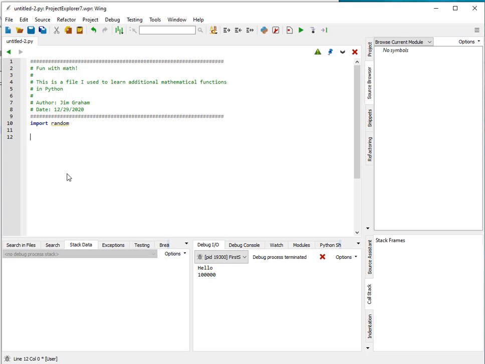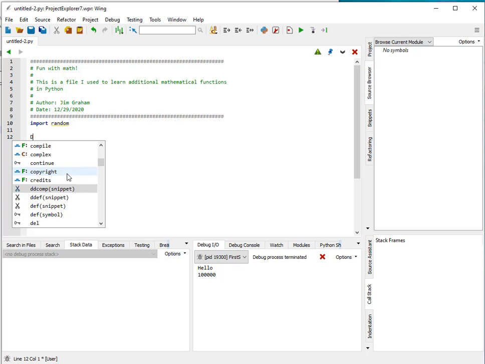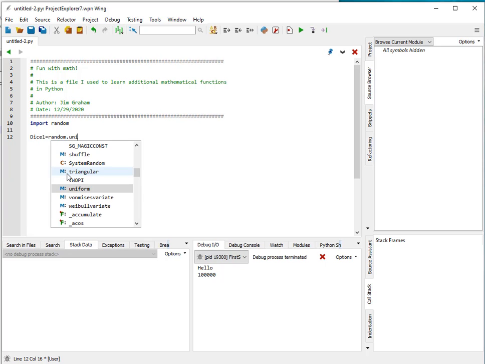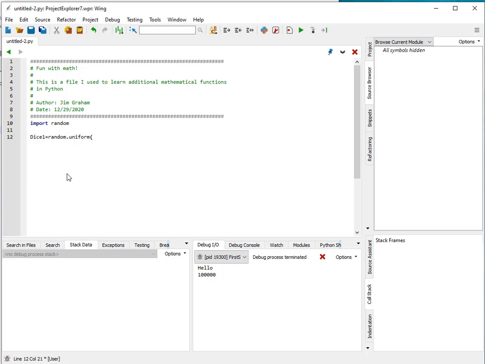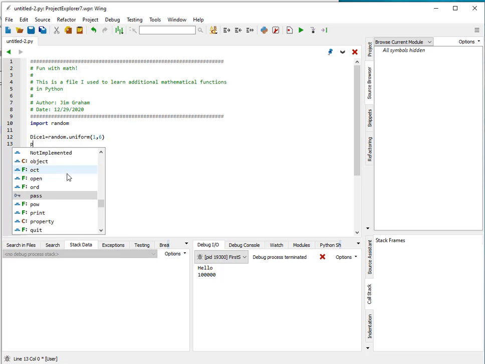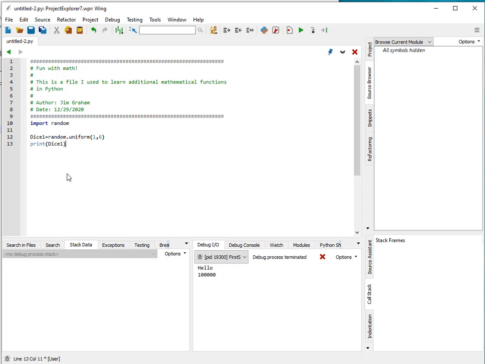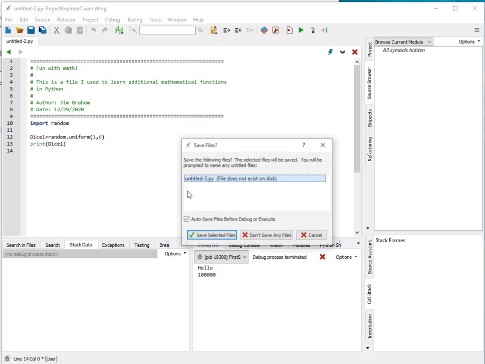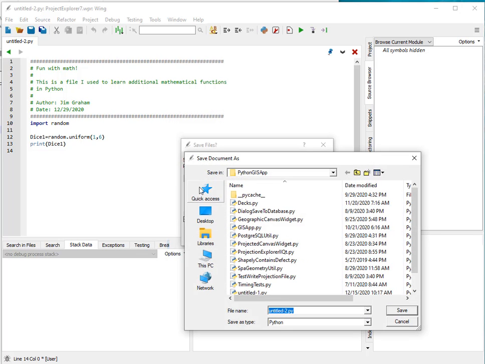Okay, so now I have random, and now if I want to do a little gambling, I can say random.uniform, and this will create a uniform distribution from 1 to 6, and then we'll go ahead and print dice 1, and if we run that, oh yeah, after saving it,